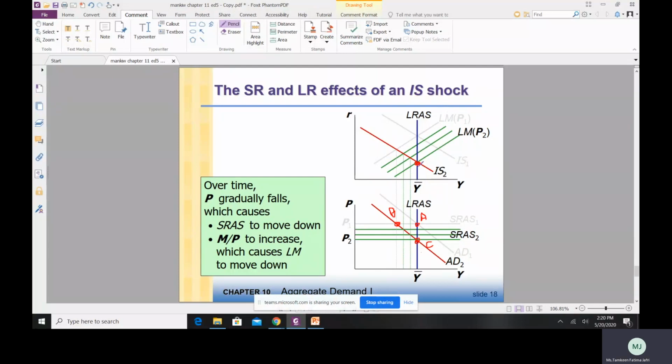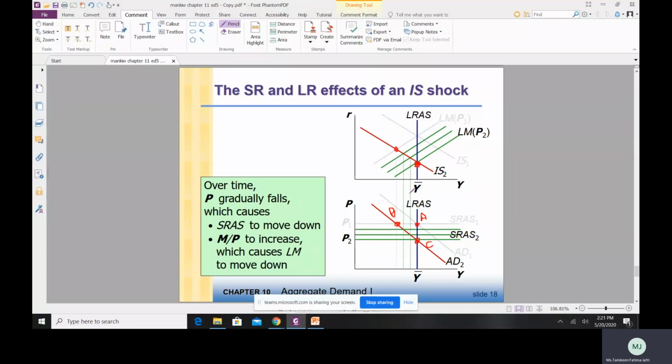So if I ask you what is the long run and the short run effect of the IS shock, my answer would be that in the short run, because of this shock, my interest rate decreased to this level here. लेकिन because prices further adjusted downwards, जिसकी वजह से interest rate मेरा further decrease करेगा, Y will increase until I am back to this point here. So in the long run, my interest rate will decline and my output level will come back to my original level.